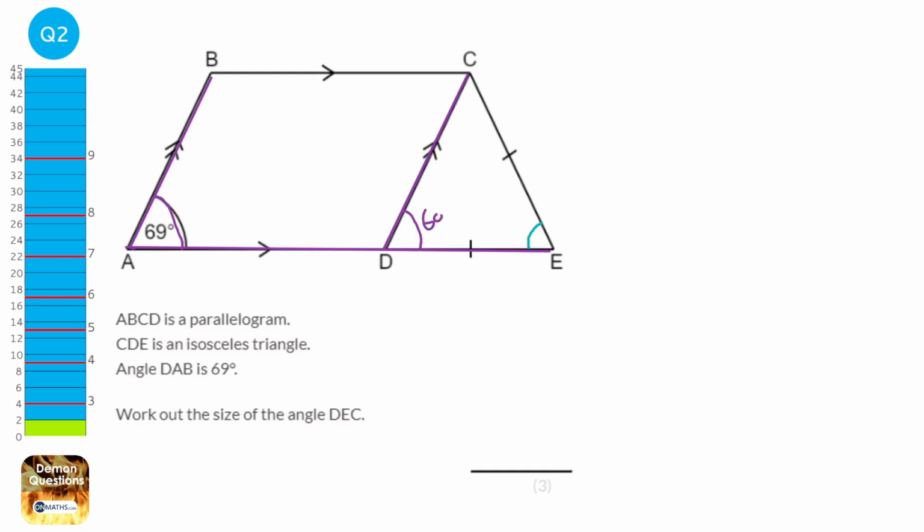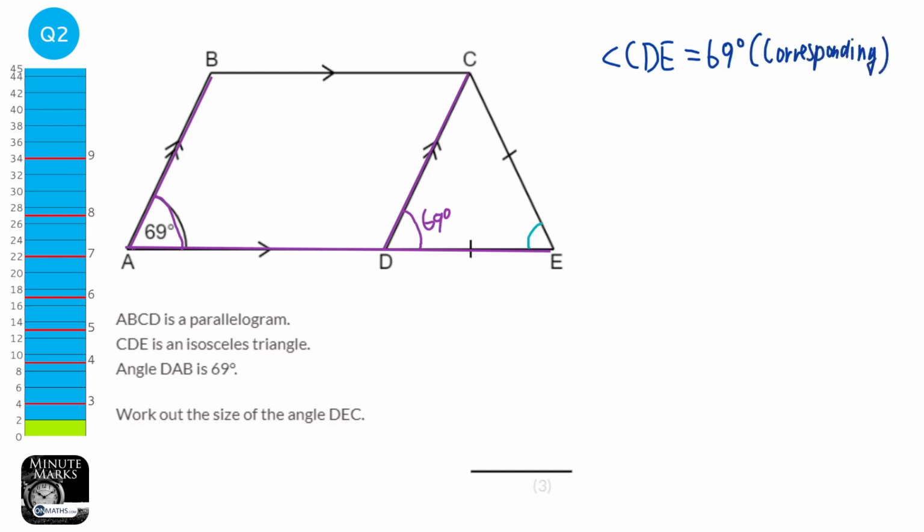So this is going to be 69 degrees. So I need to write that down properly. So angle CDE equals 69 degrees because of corresponding angles. Okay. So if I know that the CDE is 69, I also will know that this angle here is